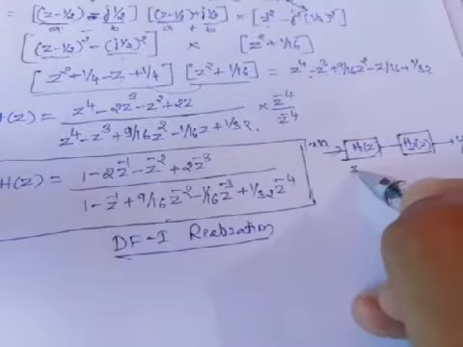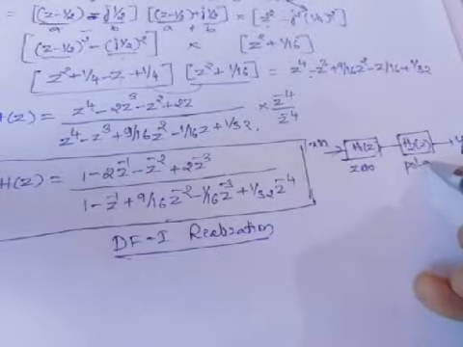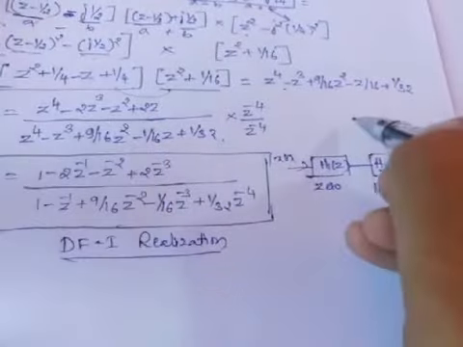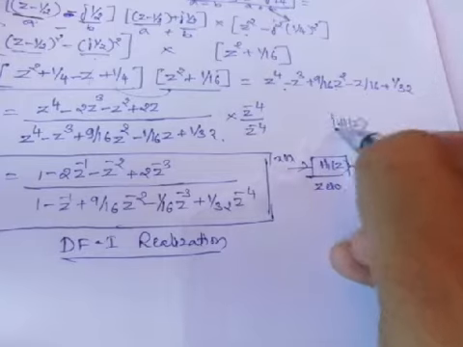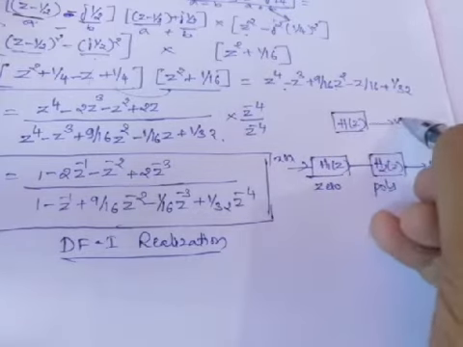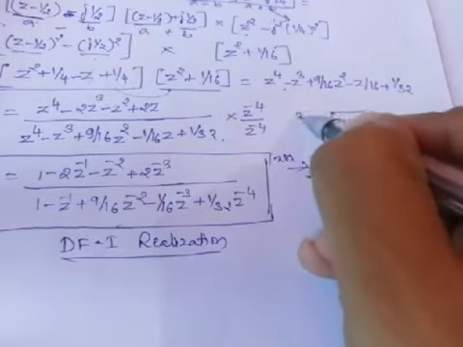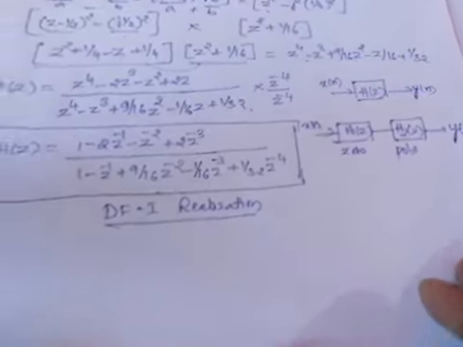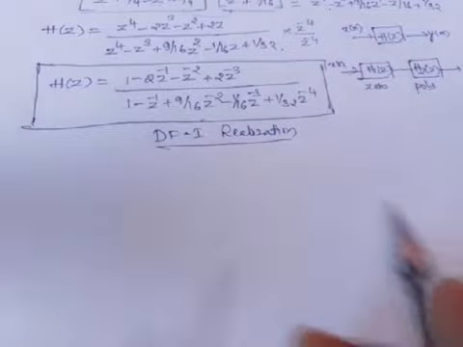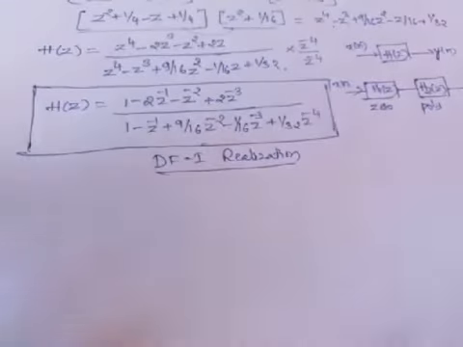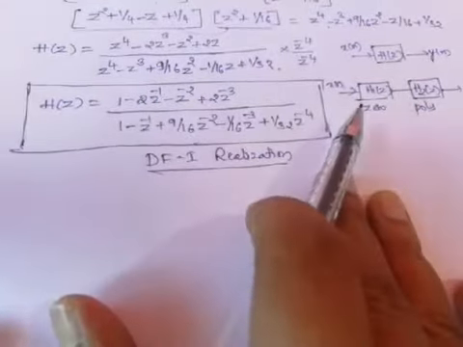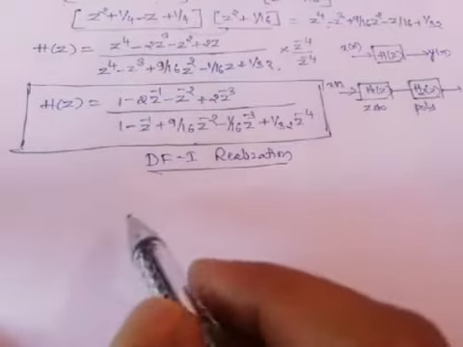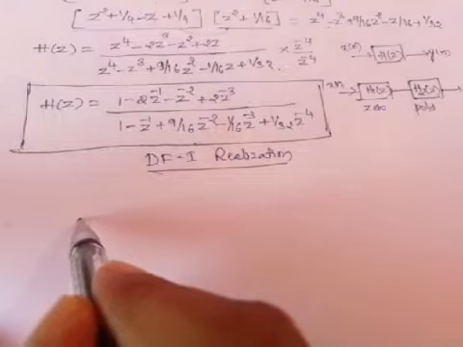This indicates the zero system, this indicates the pole system. So we divided the given system function H of z into two subsystem functions. The first subsystem function indicates the zero system, the second subsystem function indicates the pole system. Realize in terms of elementary blocks. Directly, with the help of the system function equation, I am going to realize: the numerator term indicates the zero system, the denominator indicates the pole system.